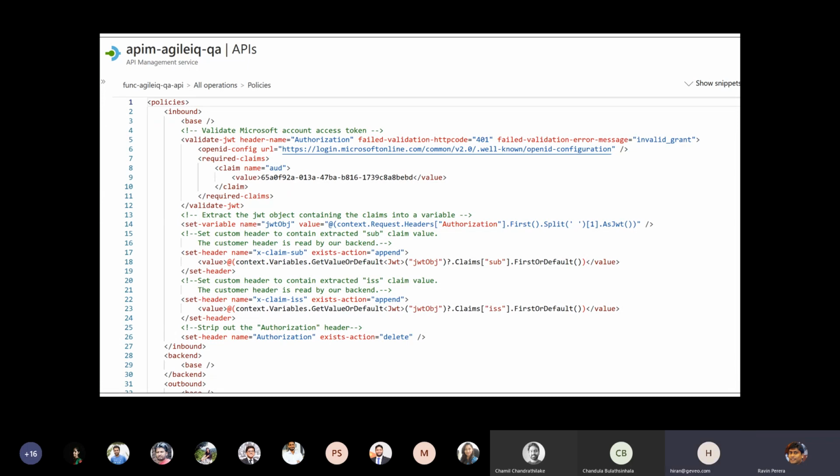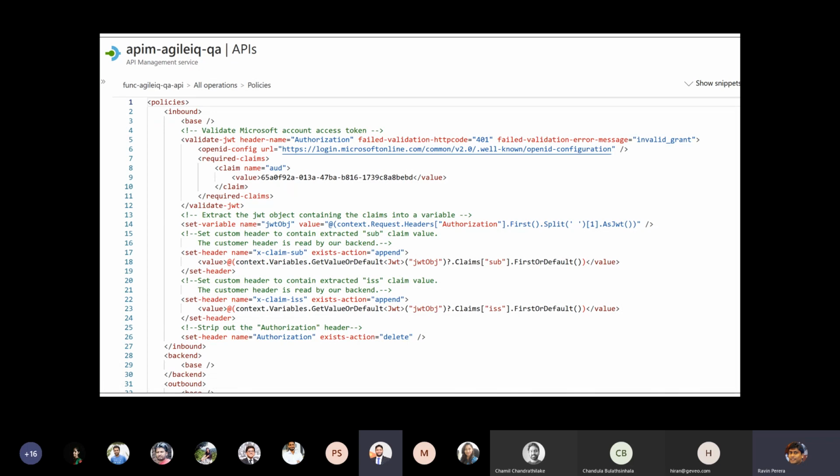So the claims get mapped to the request header parameters, right? I mean, you can decide anyway. But what we have done, and I think the most popular way, is to decode the token and put these values of interest into custom HTTP headers. So for example, our backend API is interested in the sub claim and the ISS claim. ISS means the issuer. We simply store it with the user record. So we simply decode them and populate them into these X-Claim-Sub and X-Claim-ISS headers. And this is application specific.